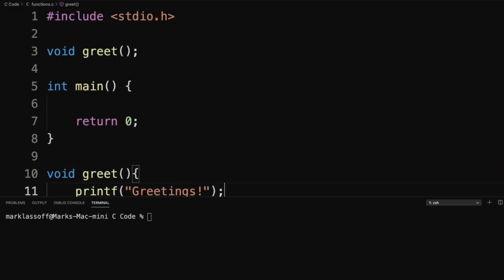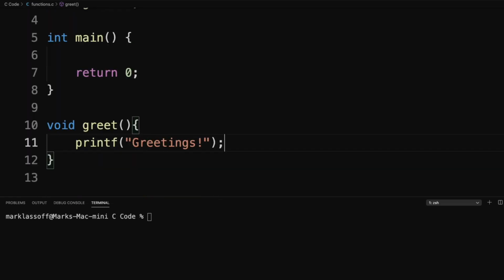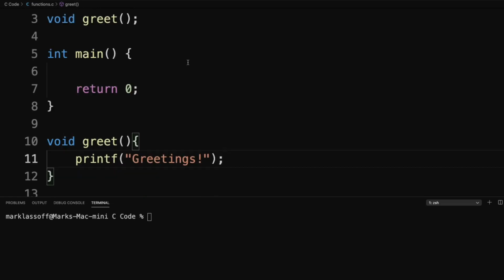Now, if we ran this right now, it would compile, but it wouldn't actually do anything, because while we've written both the declaration of the greet function and the implementation of the greet function, we haven't called the function anywhere and told it to execute. We'll do that on line 6.